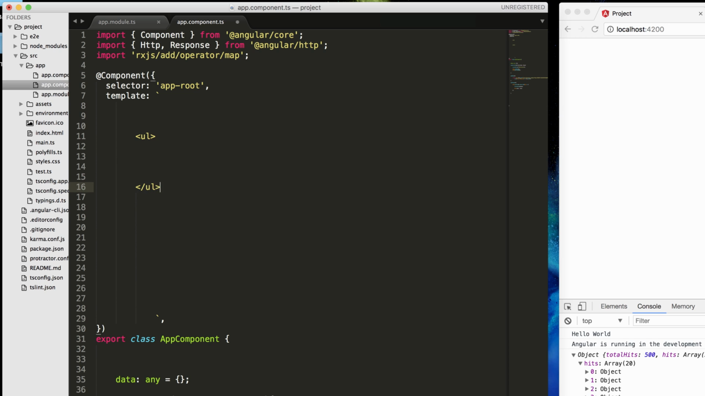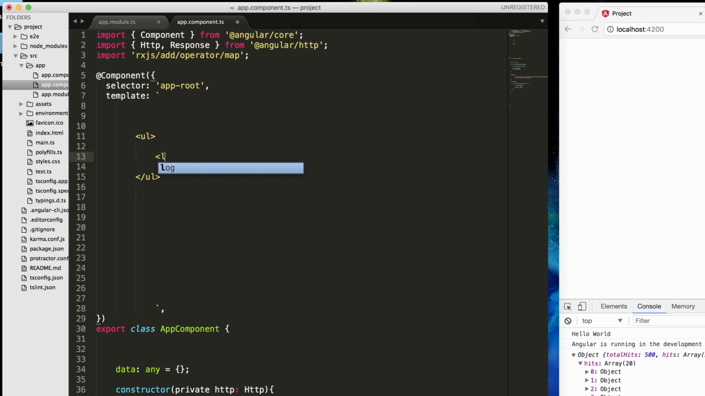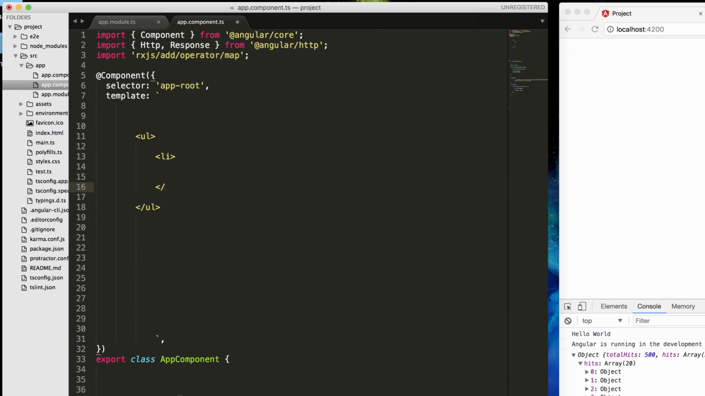It doesn't have to be an unordered list, it can be any kind of HTML structure that you want. That's completely up to you. I'm just going to create one list item, and within this list item I want to have my image. But how can I actually do that? I'm going to loop through it using ngFor, and I'll say equals let image, and image would refer to this iteration, so image of, and then